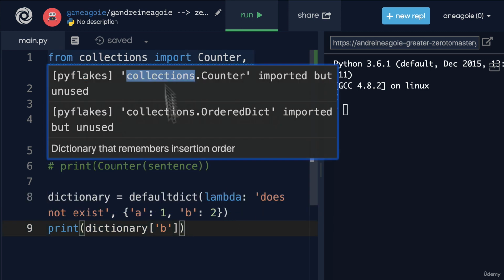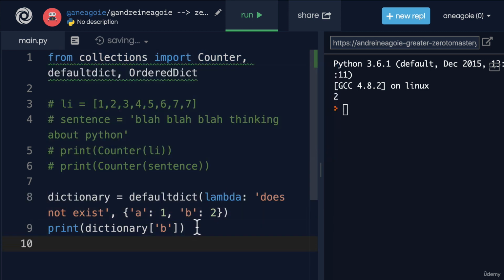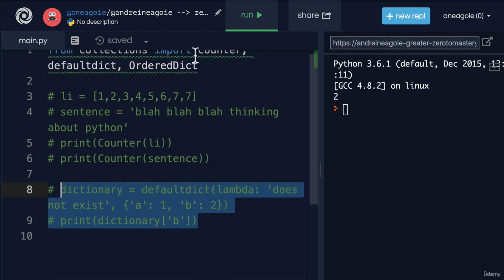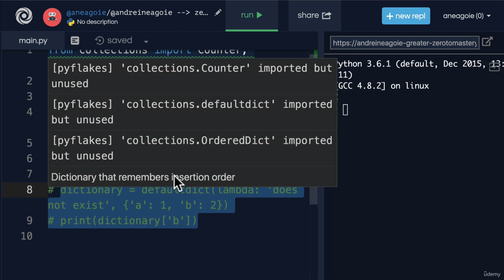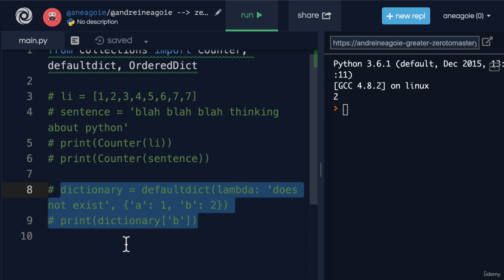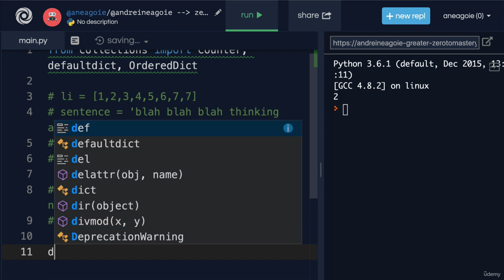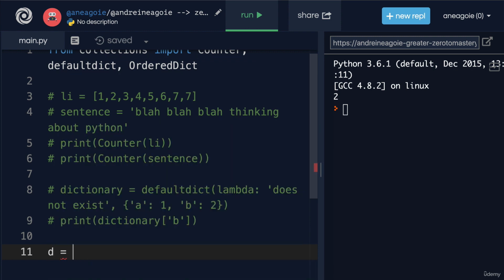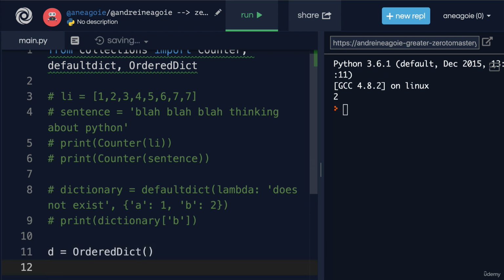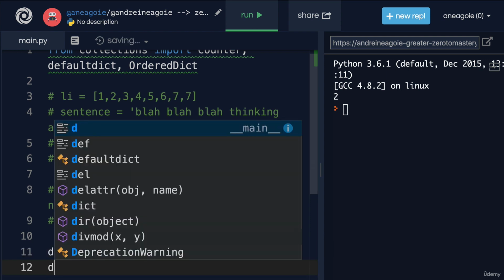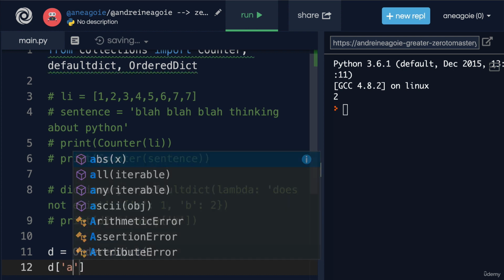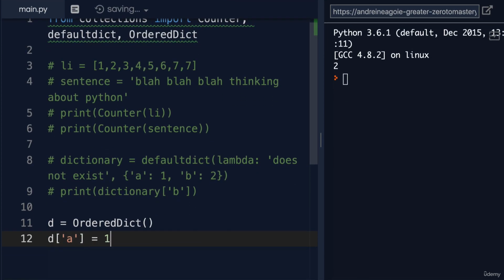Next one is OrderedDict. And this one is another interesting one. An ordered dictionary retains the order that you insert into a dictionary. Let me show you. So if we have, let's say, dictionary, and this dictionary will be an ordered dictionary. So this is how we create it. Now, in here, if I do D A equals 1, and then D B is going to equal 2,